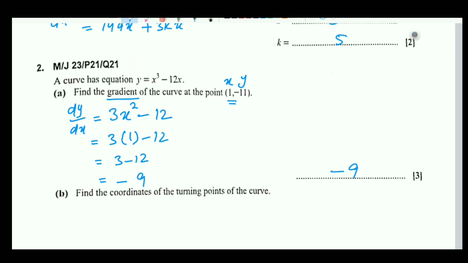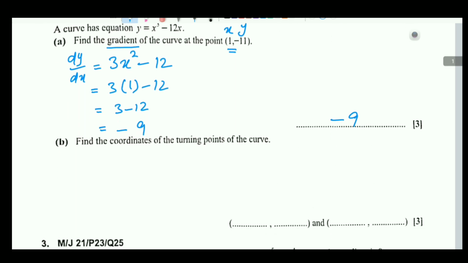So I am repeating that by using the value of x at any point we will find the gradient of the curve. So here we will use the value of x and we will put it in the differentiation, because for gradient we first have to find the differentiation and then we have to put the value of x in it. We will get the gradient at that point.